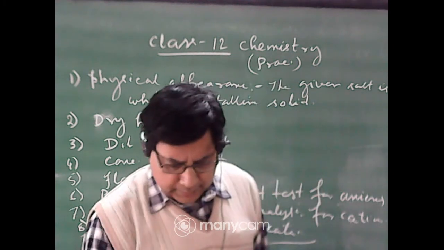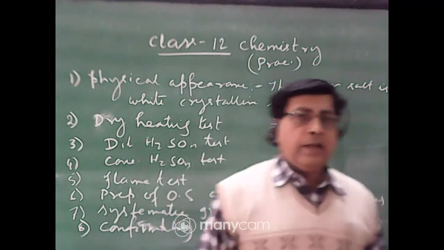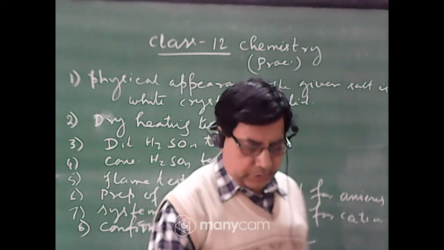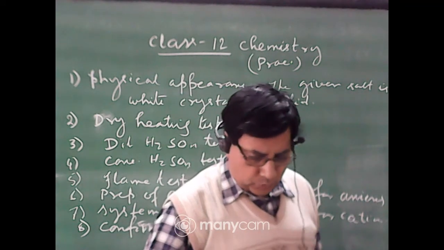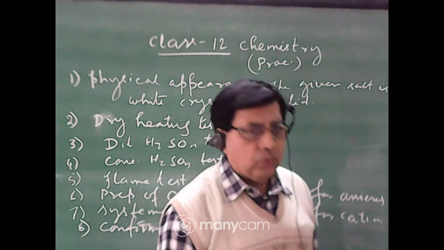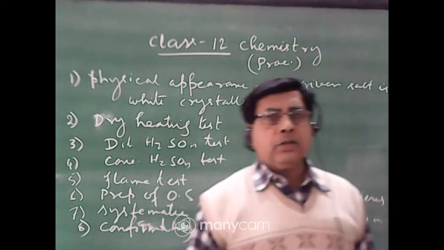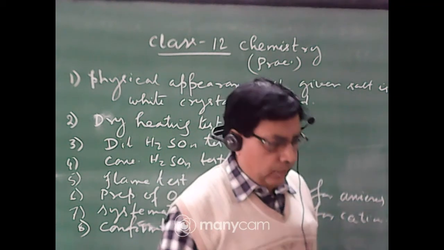So you must remember all the tests for cation and anion, because no book will be supplied in the exam room. You have to memorize all the tests for cation and anion and all group reagents for cation, because the external examination may ask a question from this part in your viva.